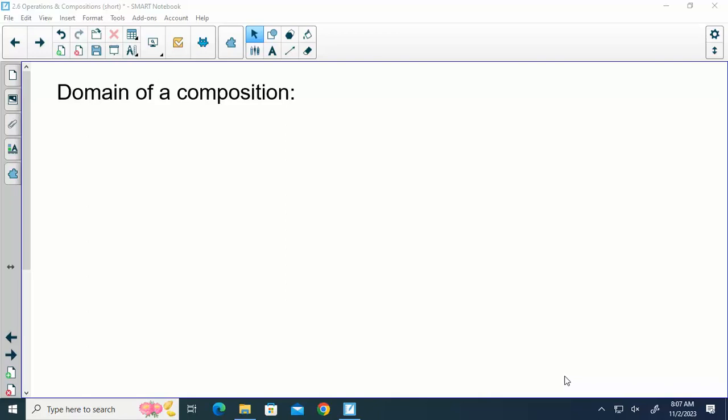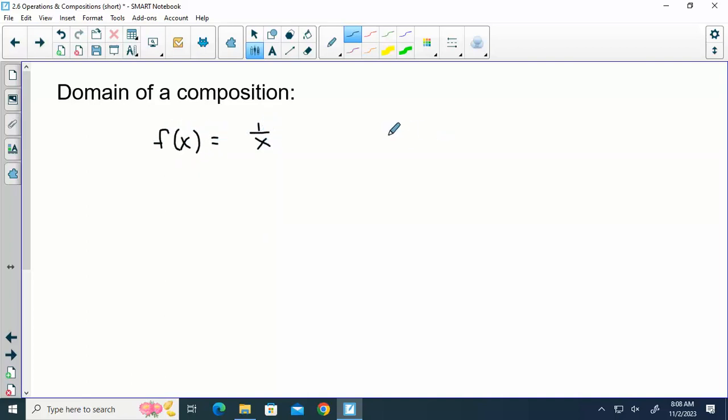Answer when you are finding the domain of a composition. Here's why. Let's say I gave you some functions. f of x is 1 over x, and g of x is 1 over x minus 1. If I asked you for g of f of x,